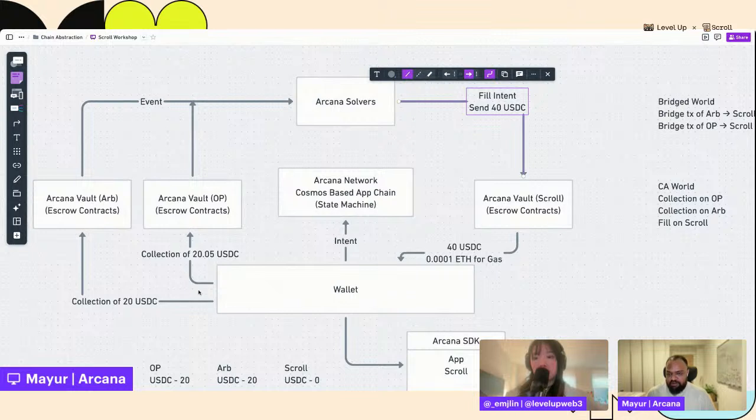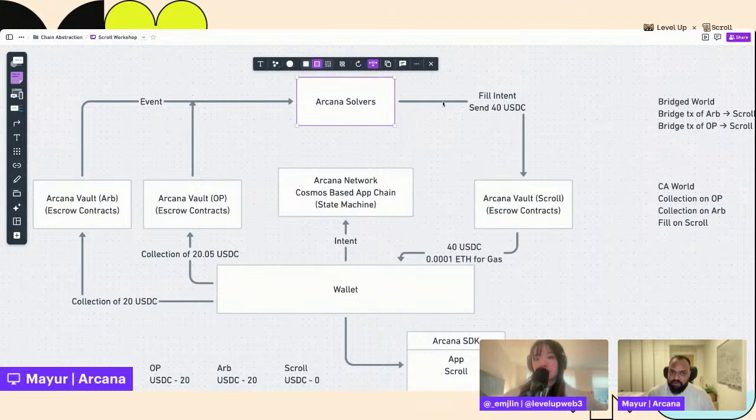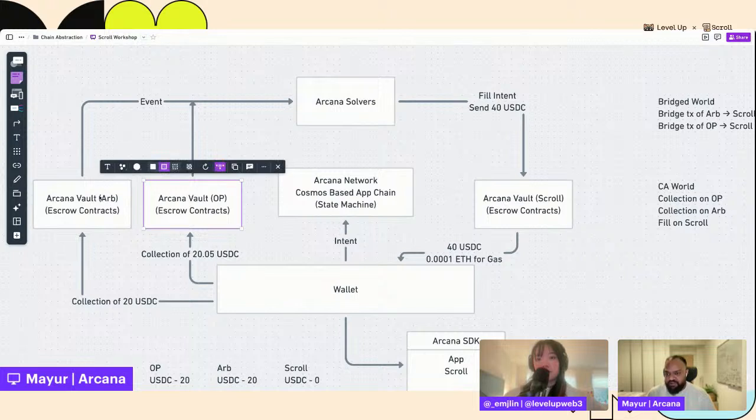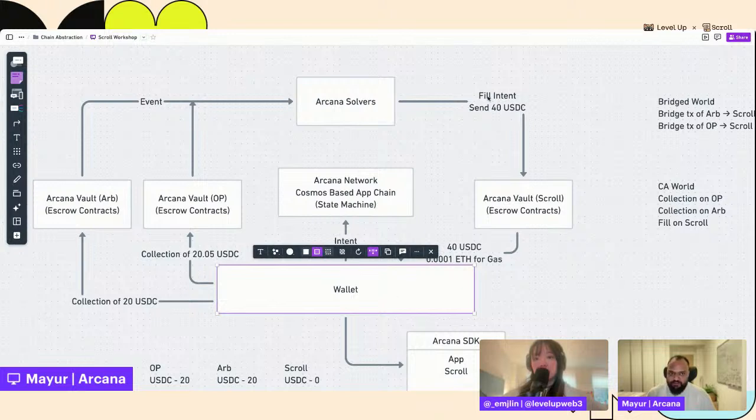On the user side, if no solver fills their intent, then these contracts refund the money back to the wallet. This happens every 10 minutes or so, where we calculate any settlements that are pending, and we settle them back if the fill for the user was not done. So in case of a failed intent, there is an inconvenience.